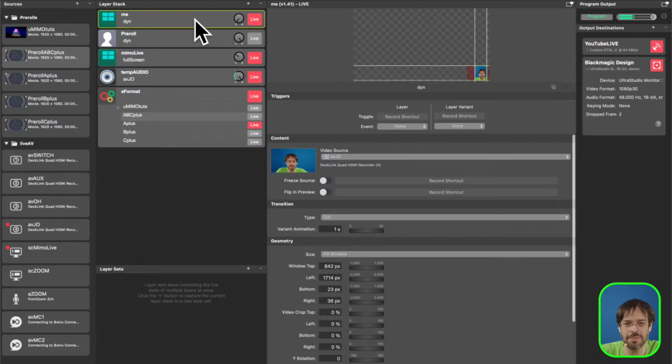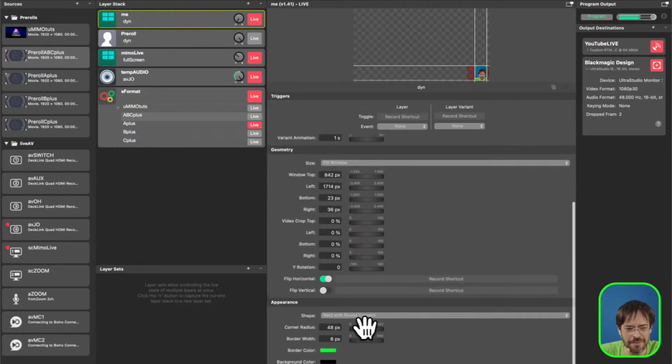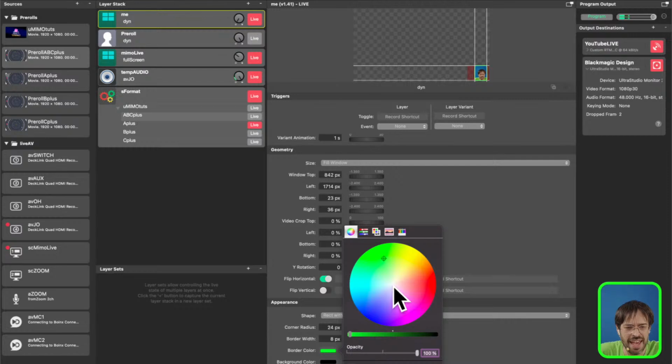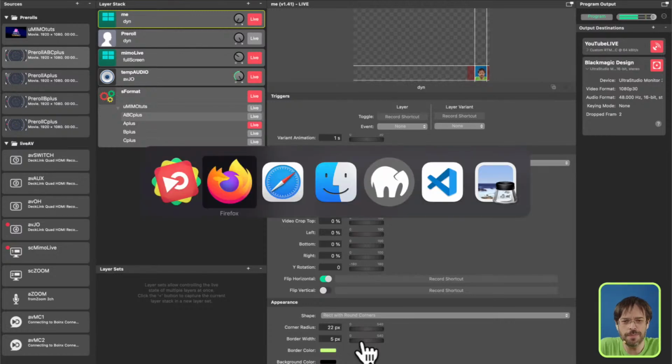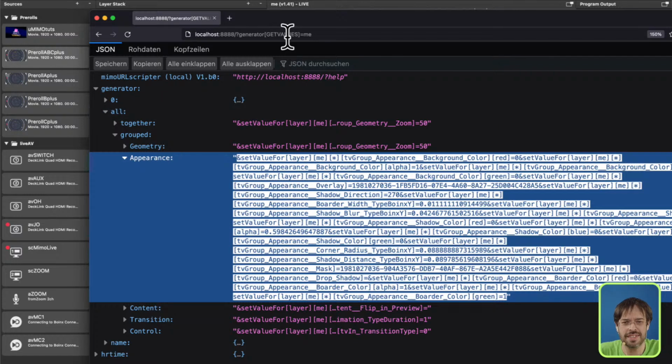For ABC Plus, it can be a bit clunkier, and for instance, like this. Yes, the border could be a bit thicker, and for this, I want to have a slight yellow, greenish border. Yes, I like this. Maybe the border is a bit too thick for this format. Maybe this is much better. Yes. So what do I do for ABC Plus? I just